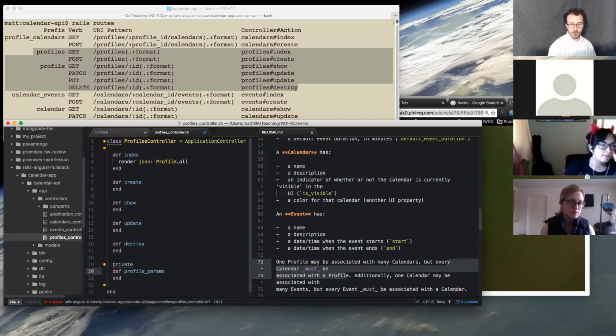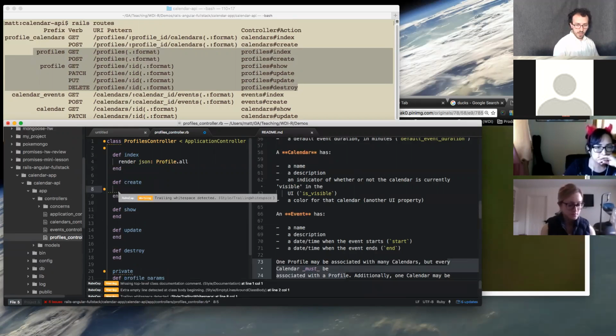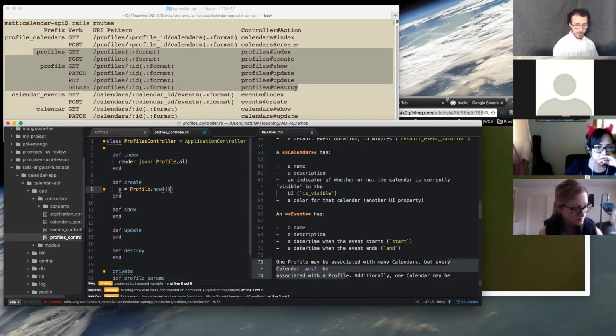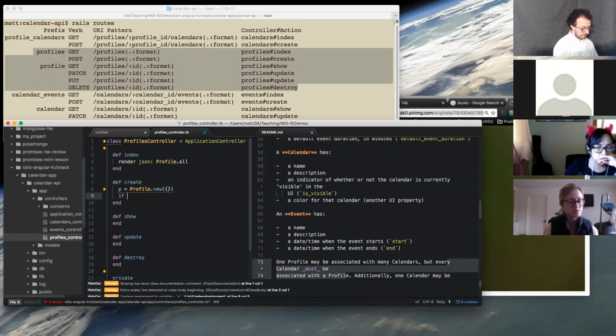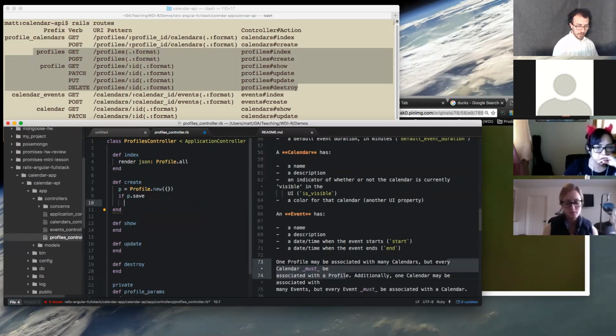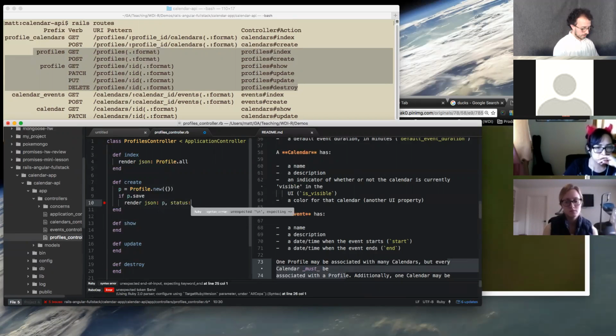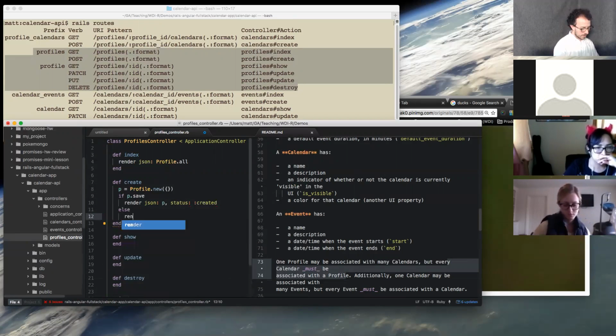Okay. If we want to create, we can say p equals Profile.new with some parameters that we'll specify. If p.save successfully, then render JSON p. And that's just some icing on the cake. Else render JSON p.errors, status